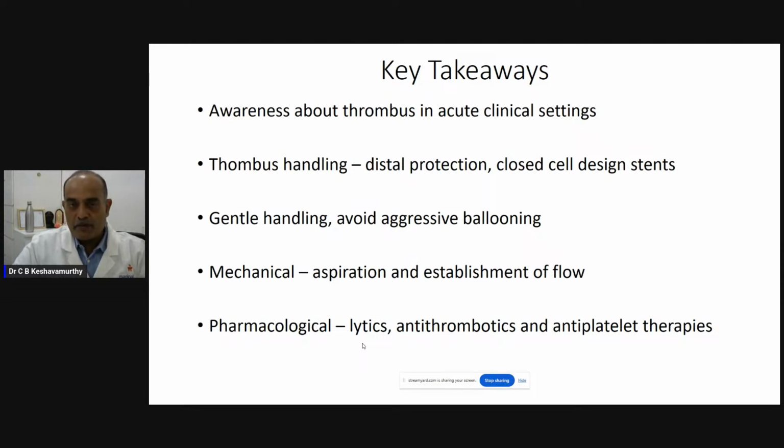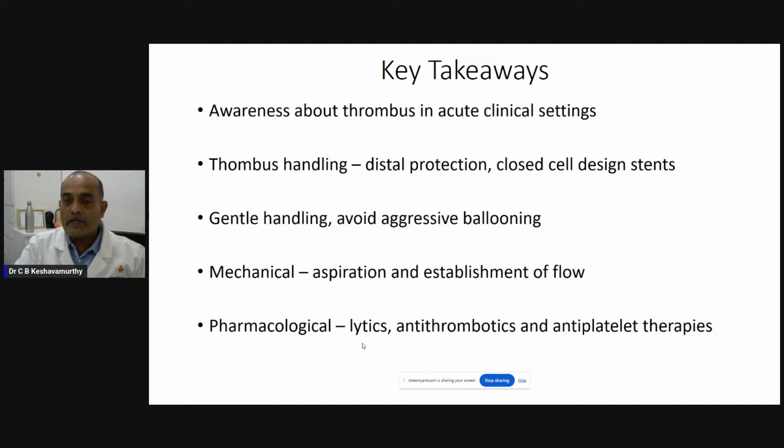You have to use distal protection where appropriate, especially in the cerebral circulation, in saphenous vein grafts where the thrombus burden is large. Use distal protection, though the evidence is borderline in many of the conditions, even in acute stroke. Some of the studies are contradictory with respect to use of distal protection, but we should still use them. And my personal preference is to use a distal protection wherever you can pass a distal protection without a predilatation. If you can pass a distal protection device, I will always put a distal protection device.